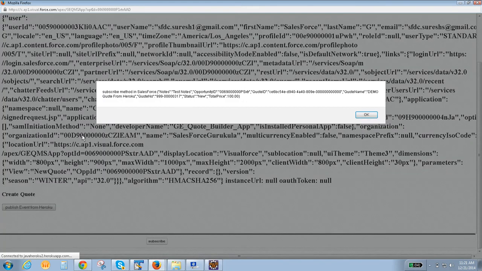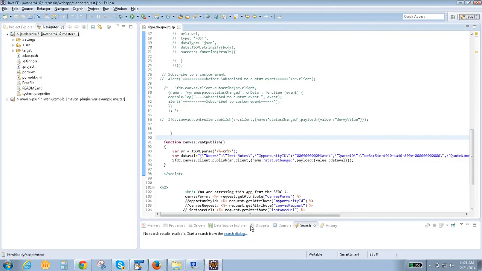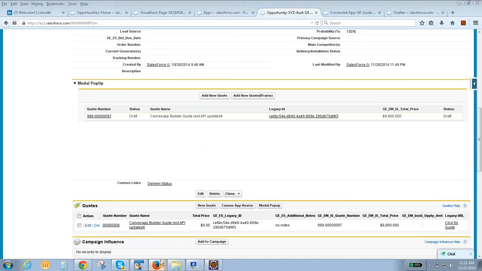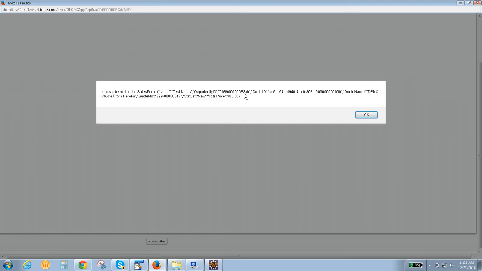See, I have put an alert, right? The same data I have posted here is coming into Salesforce, $100. So if you come over here, see $100. The same data we can exchange between the two systems by using the publish and subscribe model.